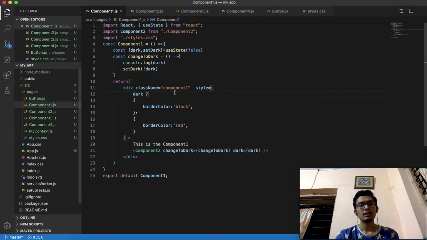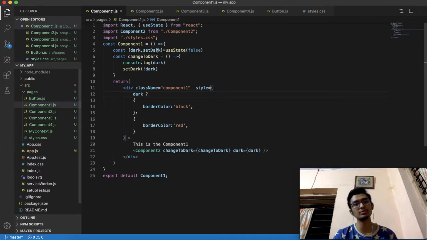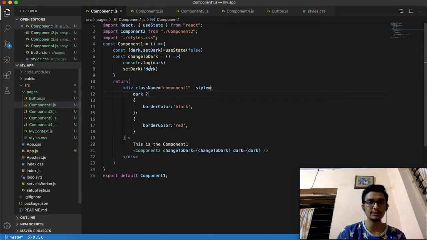As you can see here, dark comma set dark, dark is my state and I will change its value using set dark, and change to dark is the function which changes the state.